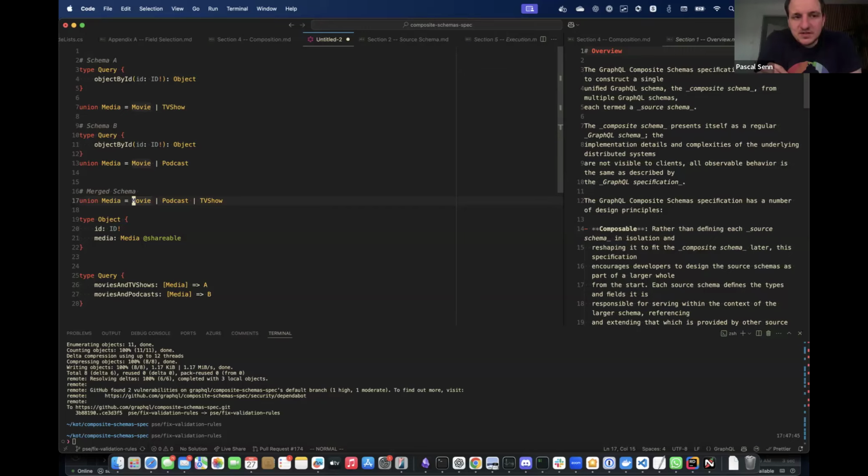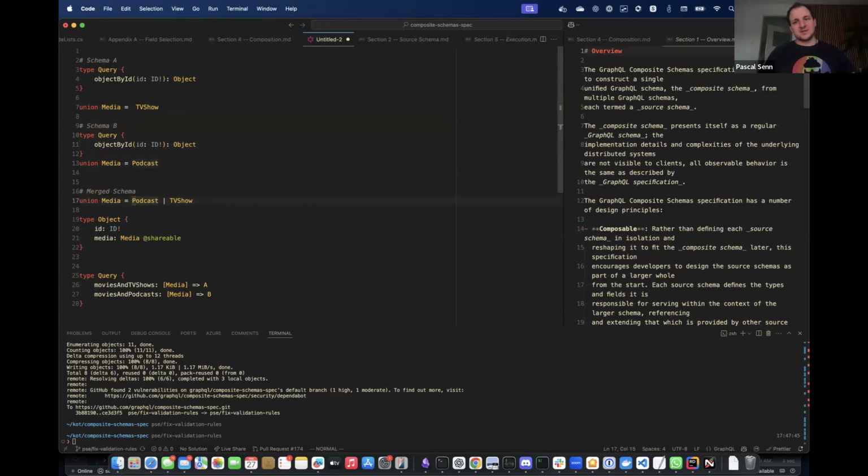It's just an observation that we had on our side: if you expose them as a lookup, depending on which path you go, the implicit data contract from the semantics means that it can actually only ever be a movie. Let's say on both schemas A and B you have the same lookup to get an object by ID, and then on schema B only the possibility for podcast, and on schema A only the possibility for TV show. Then you have a data inconsistency. As I said, it's an edge case, but it's detectable at composition time.